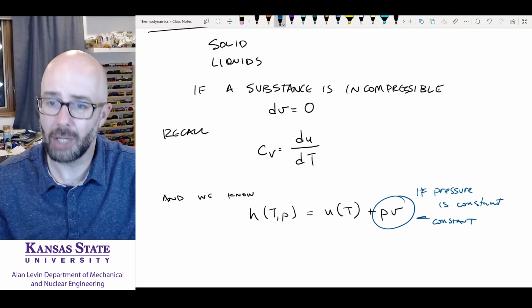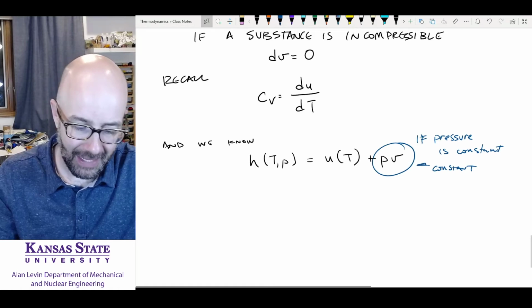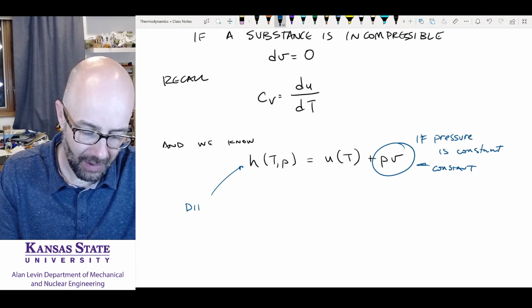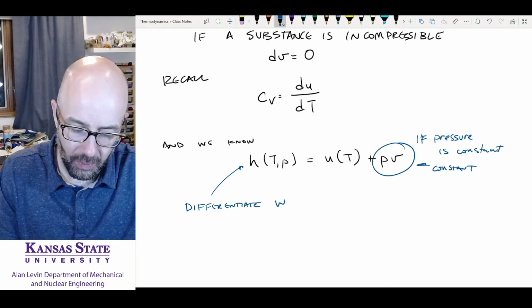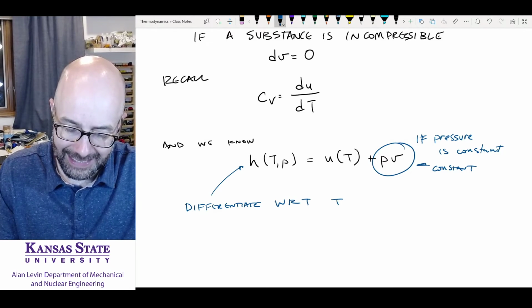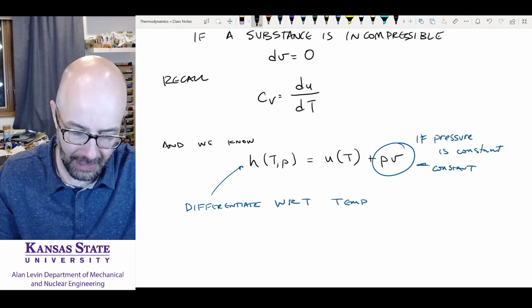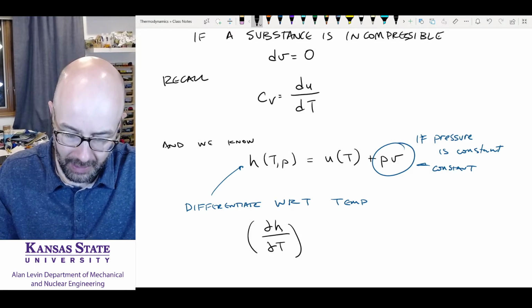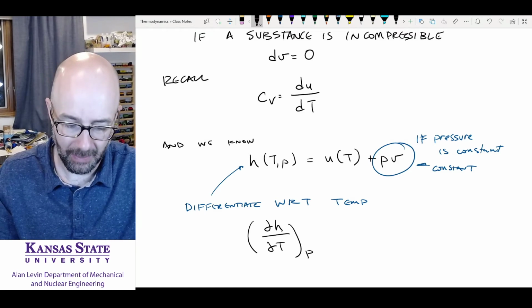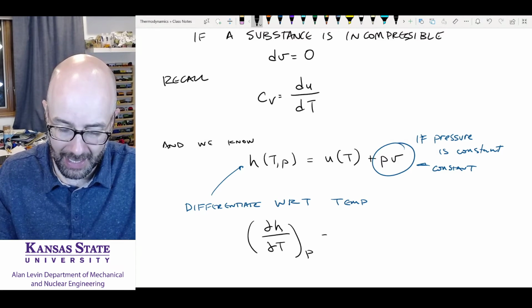Pressure is constant. This whole term is constant. Volume is not going to change. Okay, so let's take this equation and differentiate with respect to temperature. What we're going to get is the partial derivative of enthalpy with respect to temperature, keeping pressure constant, because it's now a function of two things. So we're going to take the derivative of enthalpy with respect to temperature, keeping pressure constant, is equal to, on